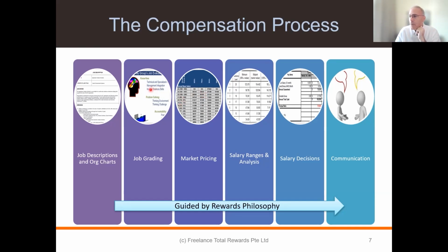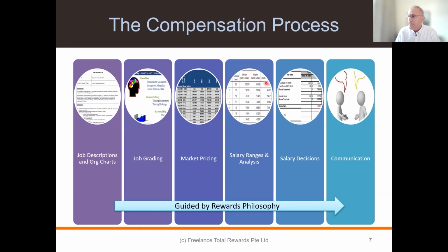Okay, so we need to do grading. Job evaluation is the fancy term for it. Market pricing, or benchmarking, is the term we also use. And then together we put the grading and the benchmarking together to come up with salary range midpoints. And once we have the salary range midpoint, we can go up and down a certain percentage to have a salary range